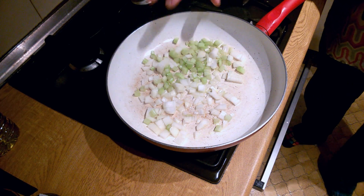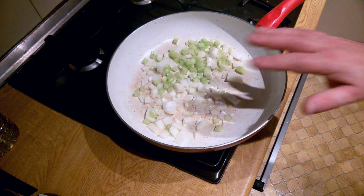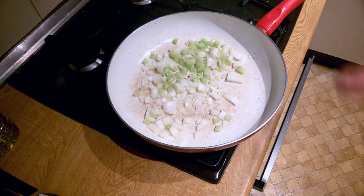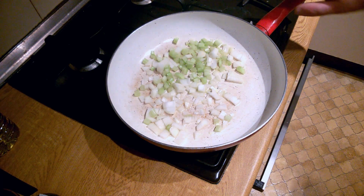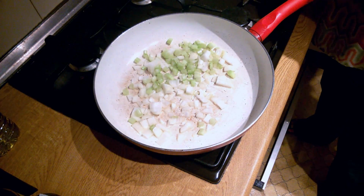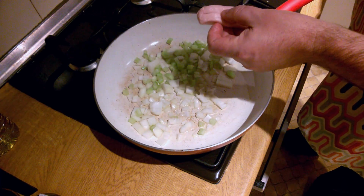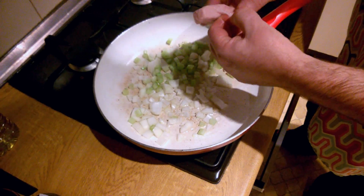Probably worth noting I've used quite a deep frying pan here because I'm going to cook everything in one dish. That's another thing that makes this foolproof. Everything's going to go in one dish. We're going to minimise on washing up, just make it easy. So once we hear those vegetables starting to sizzle, we're just going to take each of the sausages and take